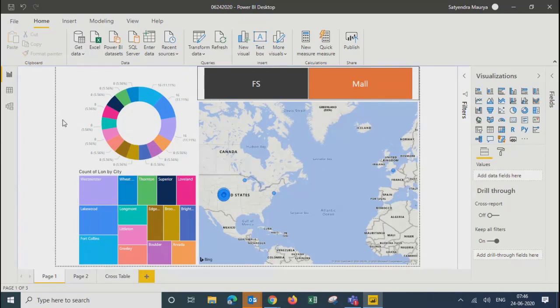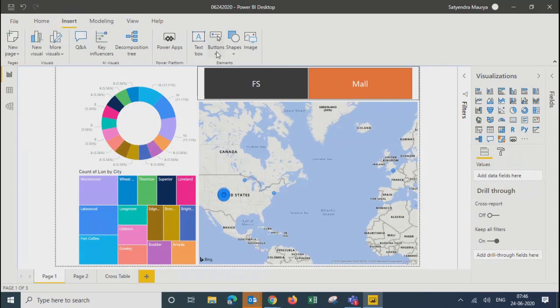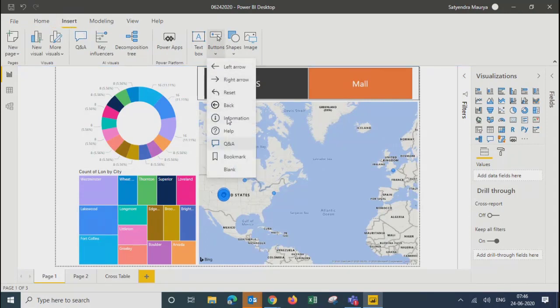What I'm going to do now is put 3 buttons over here. For buttons, you need to go to Insert, and from here you can take the type of buttons you want, like left arrow, right arrow, reset, any of these. Or if you don't want any sign to appear, you can take blank, which is also a button shape.